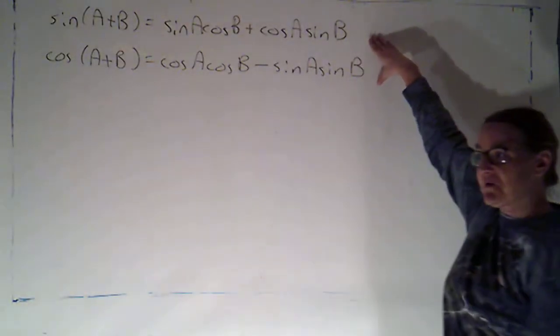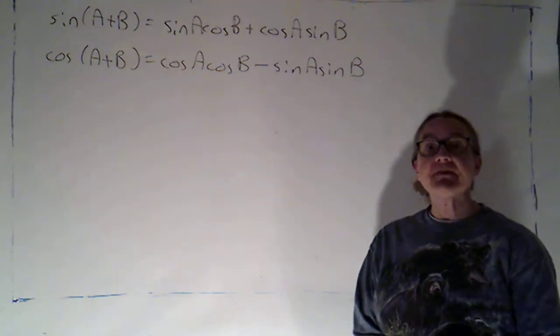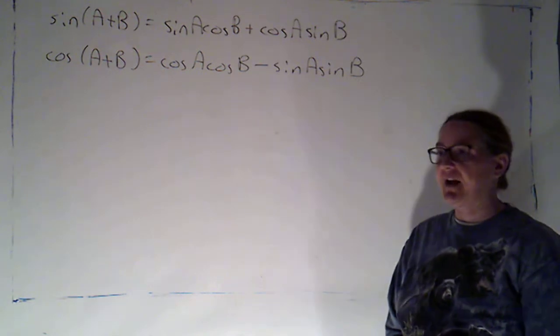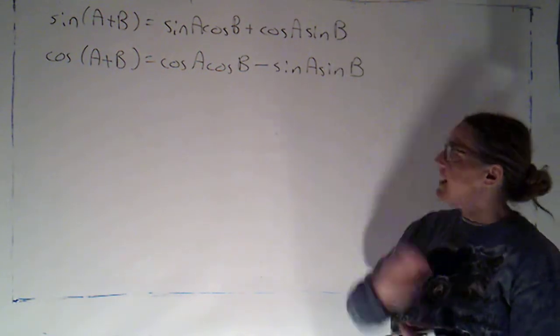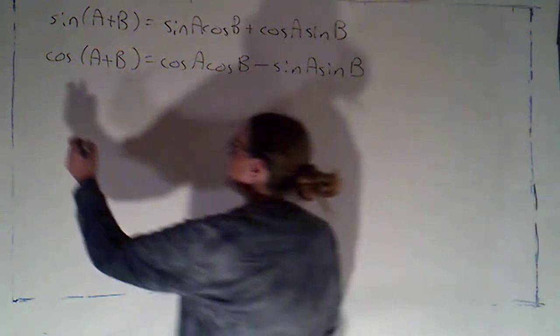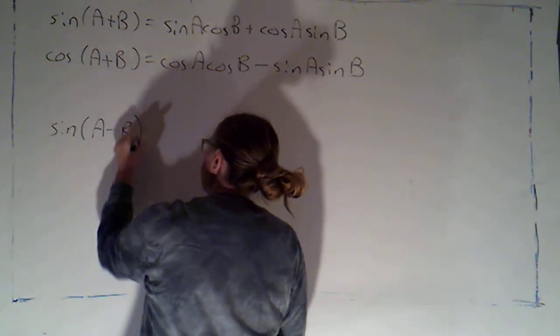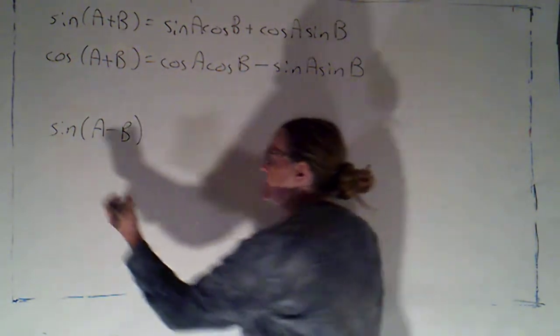Okay, so I've got the sum formulas for sine and cosine written down up here. What I want to do is use these to derive the difference formulas for sine and cosine. So we'll do sine together, and then I'll have you pause the video and work out the one for cosine. Okay. So if I wanted to look at sine of a minus b, there's a formula for that as